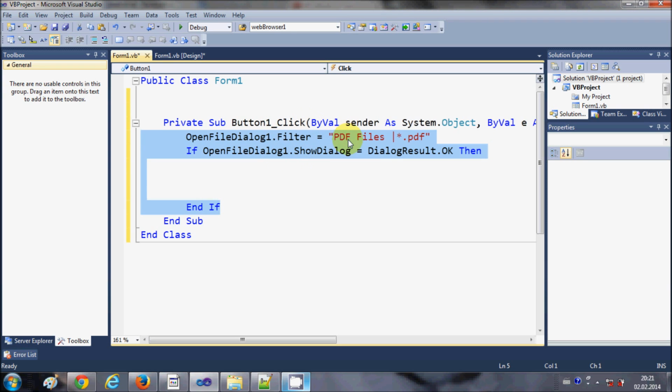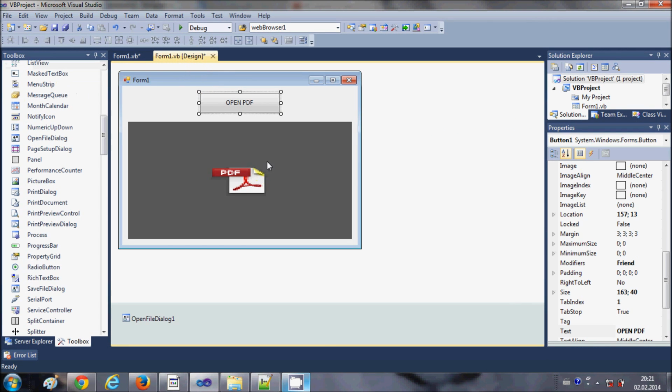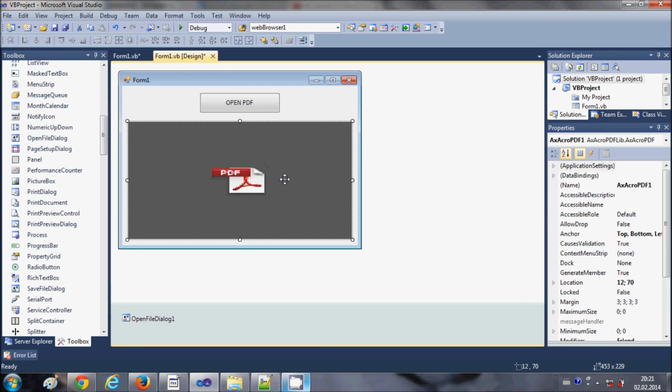and you should be able to choose a PDF file, because we have set the filter to PDF files, and we will be able to show it in the PDF reader by the code which we write inside this if condition, right? So just select this PDF reader tool once again and check the name.